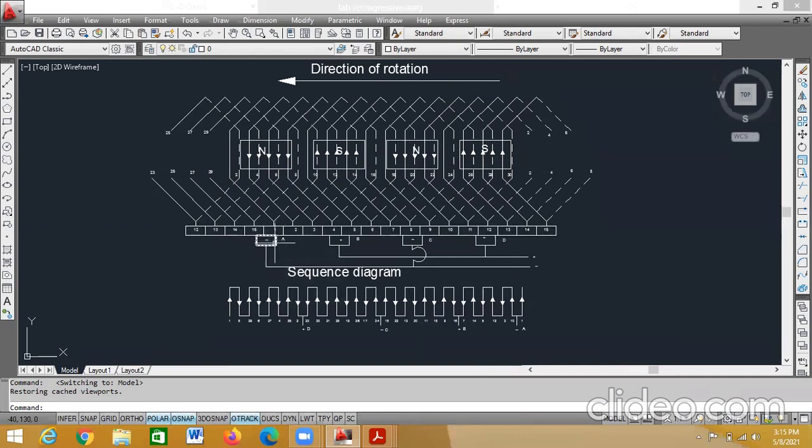Then see the connections for the brushes. For brush A, the connection is 10 to 1. So here 10 to 1, positive brush A. Draw a line of 1 mm, positive brush A. Next for negative brush, next brush B. What is the connection? So only within the brushes, the direction will be same. If for positive brush downward means negative brush will be upward. Remaining will be alternate up and down. So do all the markings up and down. Okay. So this completes the problem.